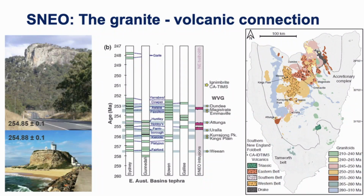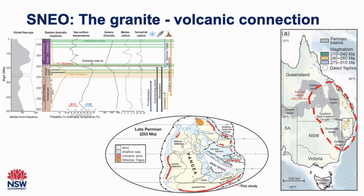England there, Bluff Rock, pretty much the same age as Nobby's Tuff, for example. And we've published this work in Nature, which came out yesterday, because the dating of these things has shown that it starts about the same time as we start to see major changes in ocean carbonate and oxygen, the amount of biota on the planet at about that time. That all starts to go haywire about 7 million years before the PT, the huge Permo-Triassic extinction event driven by the